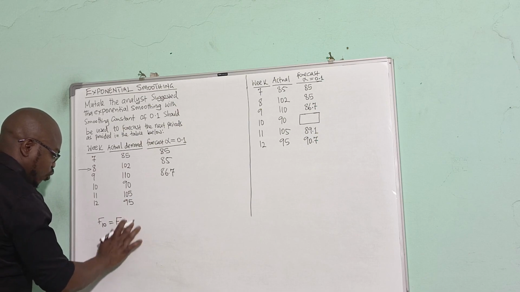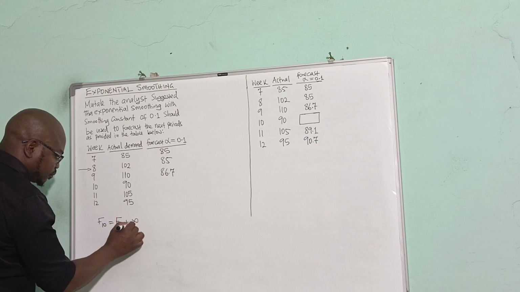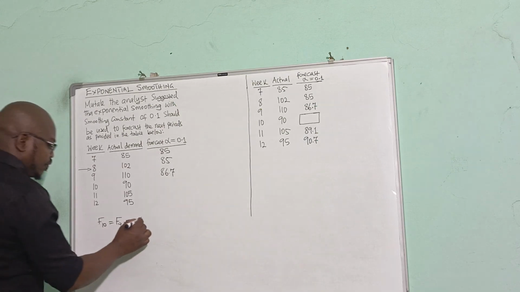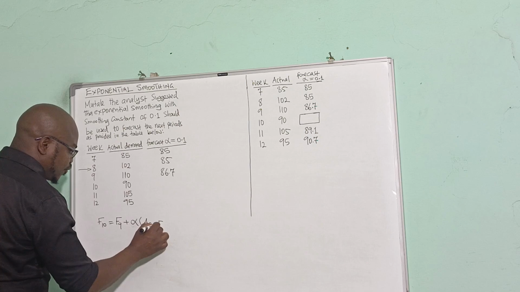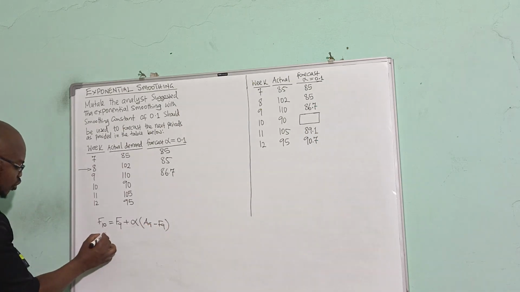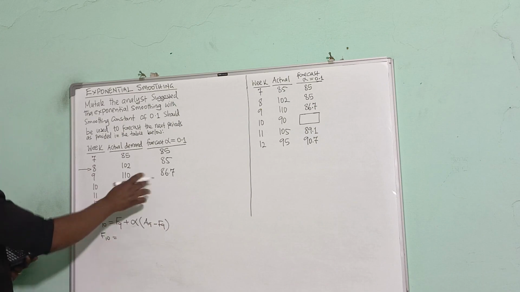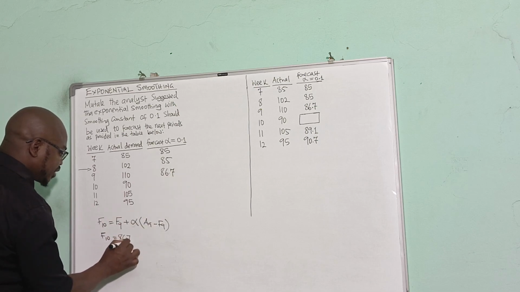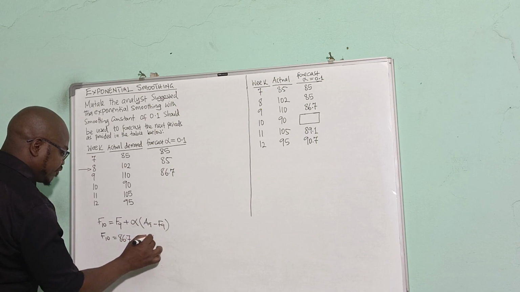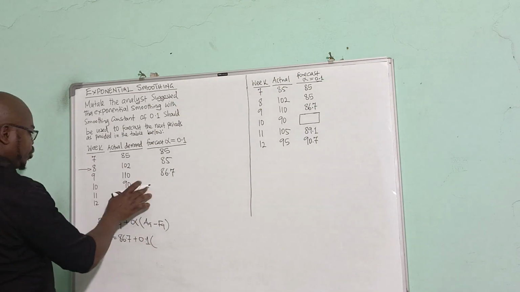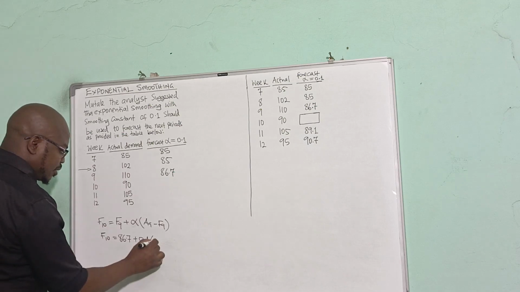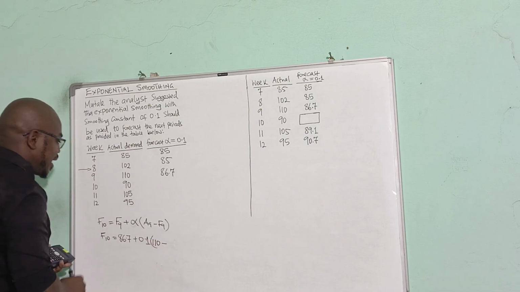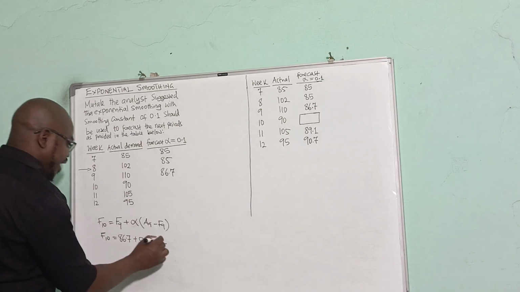Plus the constant factor, which is that. And then actual for period 9 minus forecast for period 9. Okay? So forecast for period 10, therefore, will be given as forecast for period 9. Forecast for period 9 is 86.7 plus the constant factor, which has been given by the examiner. And then actual for period 9 is 110 here. The actual results are here, actual demand forecast there. So, and then we say minus forecast for period 9 again, which is